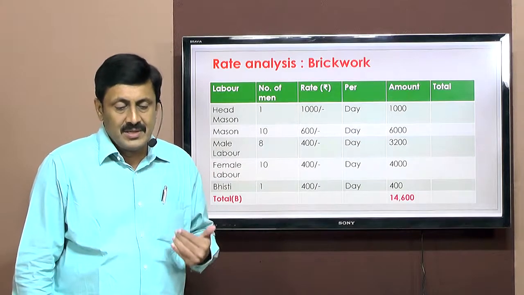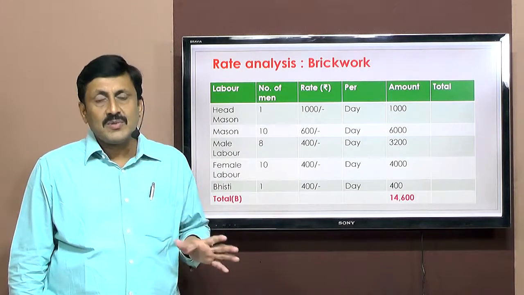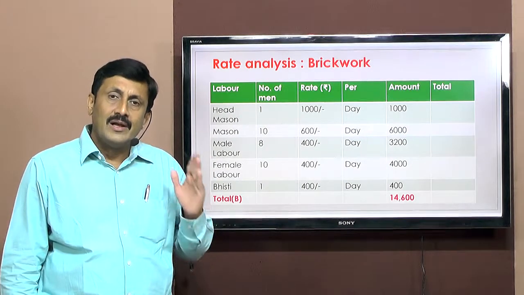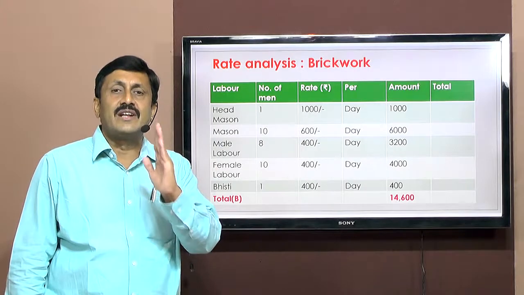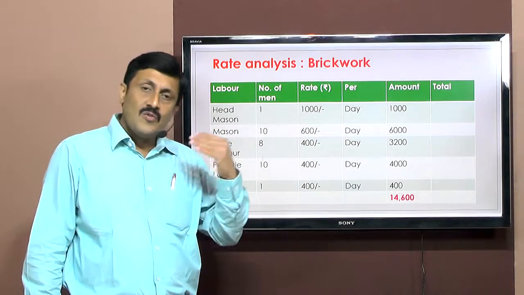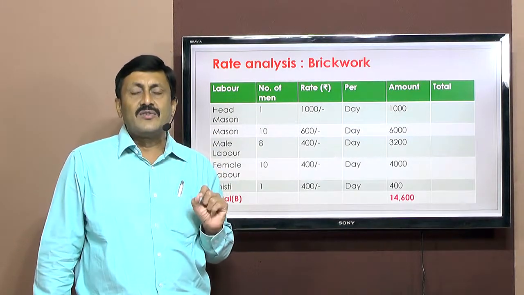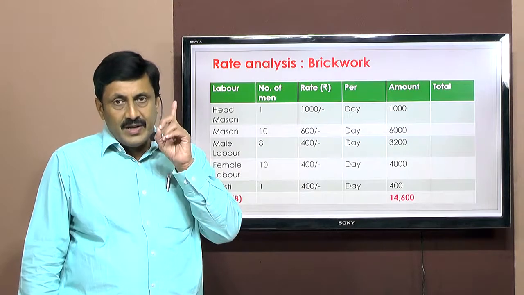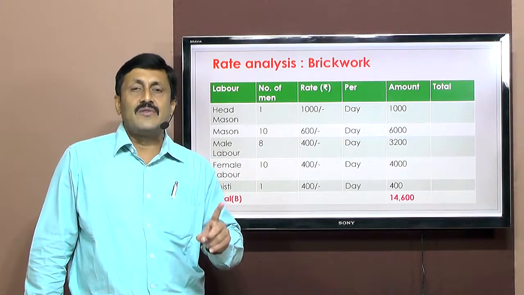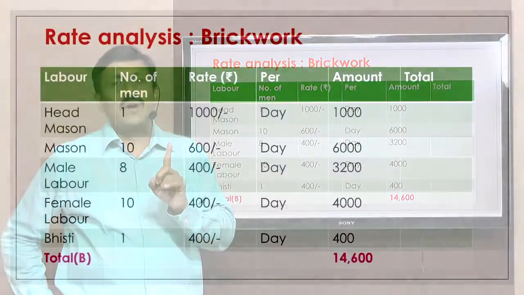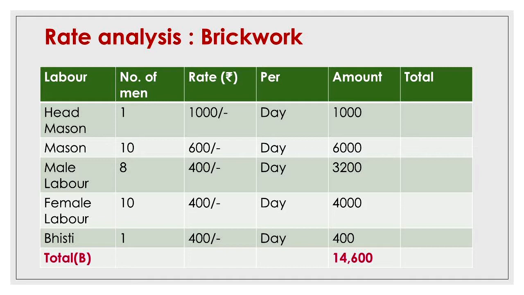that is labors. Now when we calculate the cost of labors, already we have calculated the quantity of labors. So if we know the rate per day or daily wage of each and every category of labor, we will definitely find out the cost of labors also. The first category of labor is head mason, we need one head mason. Labor rate we will consider as 1000 per day. So one head mason is required for 10 cubic meter brickwork. That means 1 into 1000, that comes to 1000 rupees payable to that head mason.